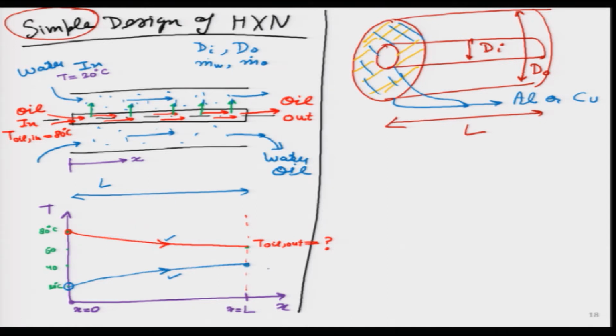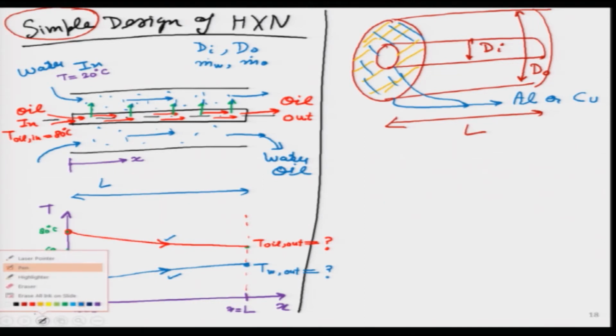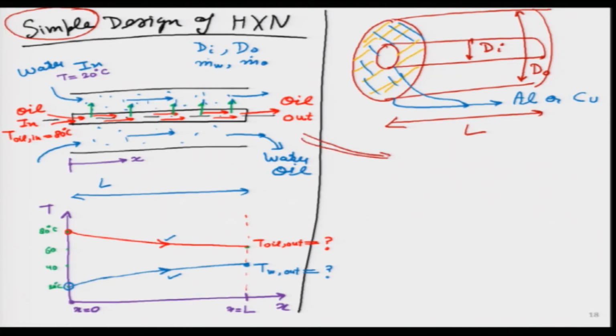What is the final temperature of water? I can write it Tw at the outlet, and this temperature I also do not know. So, what we have drawn over here, although I started off with the name simple exchangers, is technically known as the parallel flow heat exchanger. So, let me write that down over here. Let me pick a new color, maybe this color. So, whatever we have drawn over here, technically it is known as the parallel flow heat exchanger.